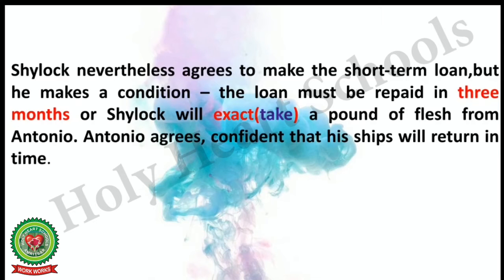But to take revenge, he agrees to lend him the money for a short period of time, that is 3 months. He also lays a condition that if Antonio doesn't pay back the amount within the time, he will take a pound of flesh from any part of Antonio's body. Even Antonio agrees to sign such a bond, as he is sure to get his ships back on the shore with profit before the time, and he is sure that he will be able to pay 3,000 ducats to Shylock